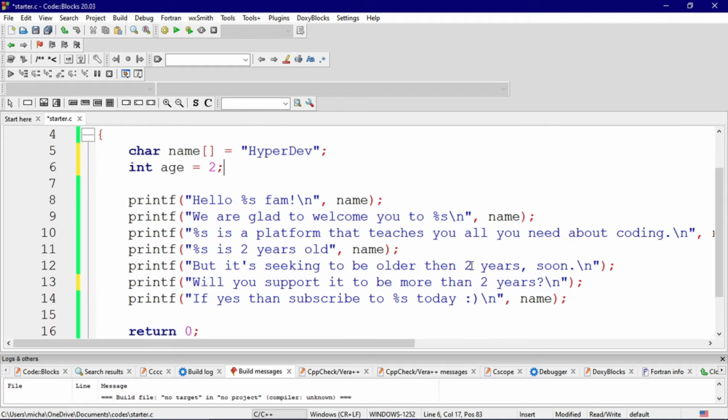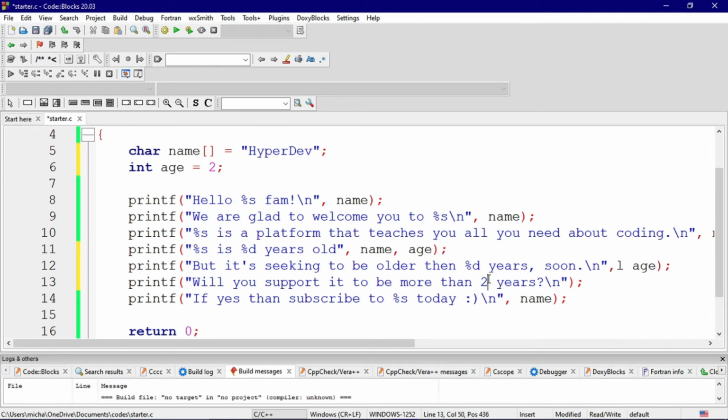So come down here to wherever the age appears. Instead of saying 2, we're going to say %d. Then go to the end here, put a comma, then say age, which is referring to your variable up there. Then you come to this location where age appears: %d, where age appeared. This is where sometimes some people get confused, but here you just put a comma and put age. If you have many things that need to be referred to here, the only thing you can do is put a comma and write it. How many there are, the code editor will understand everything, and it will execute it accordingly.